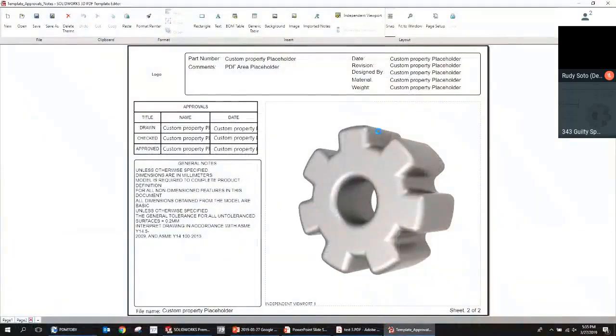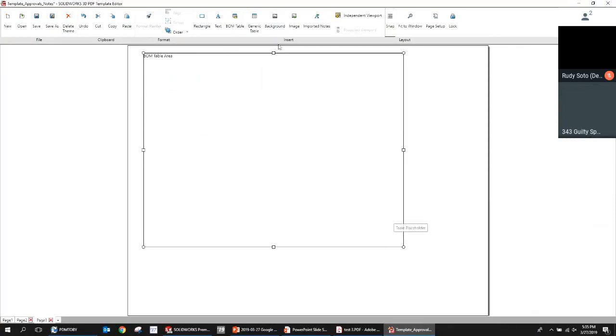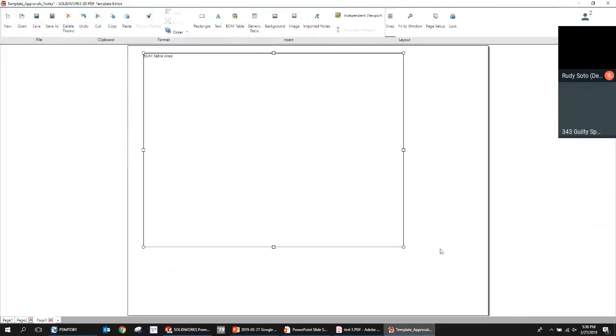You need to go into the template and change it so that it pushes into our stuff. Or you can add this, which is the BOM table area. You're editing the template specifically. And then presumably you have to save it in order to use it. If you just wanted to do a one-off, add something, a special view, probably just put it on its own view and then just capture that view without the model. Yeah, there's not a way to edit the templates on the fly. And I think that's the best solution for the generic table.